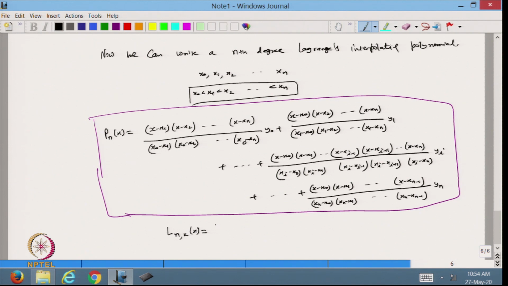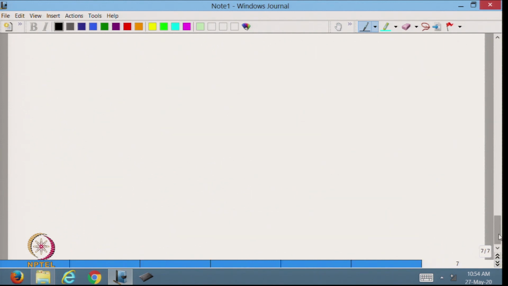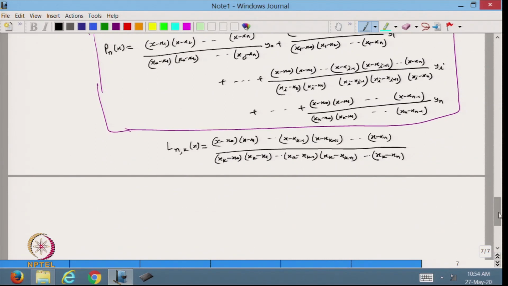So, this is equal to (x − x0) up to (x − x(k−1)), (x − x(k+1)) up to (x − xn), and it is divided by (xk − x0), (xk − x1), up to (xk − x(k−1)), (xk − x(k+1)), up to (xk − xn). So, that will be the any kth fundamental Lagrange polynomial we can write directly, and this can be also written